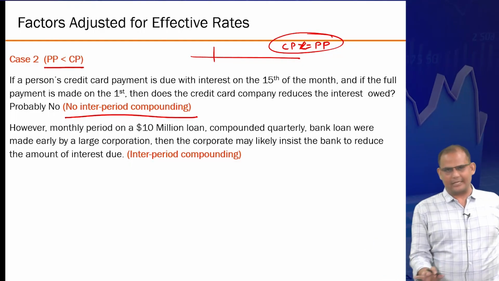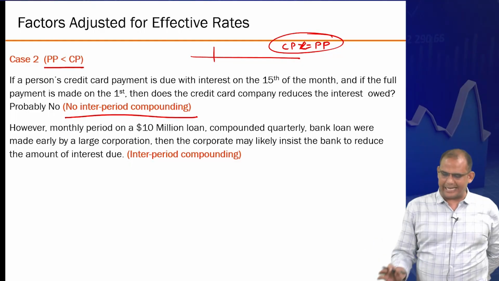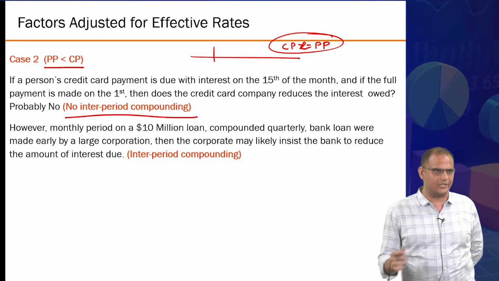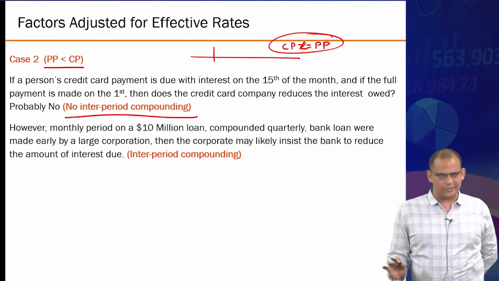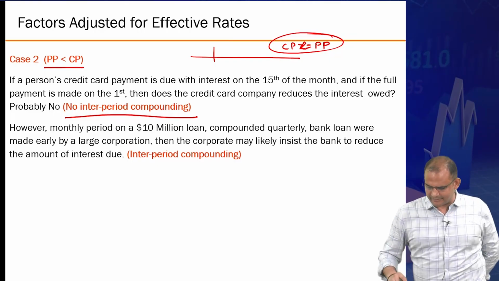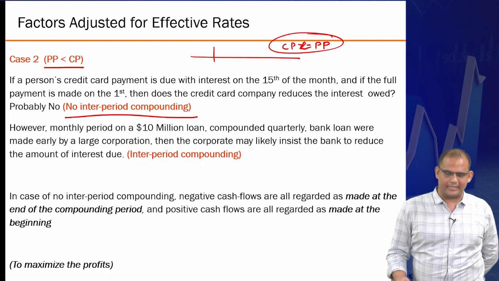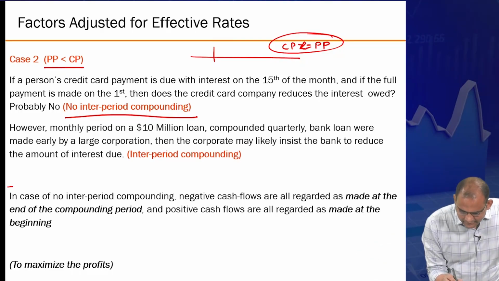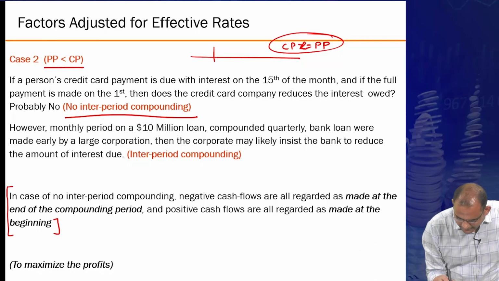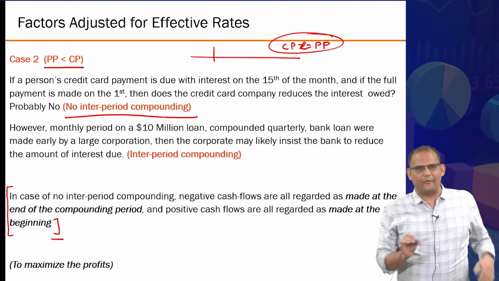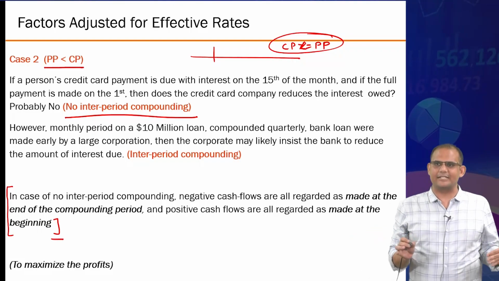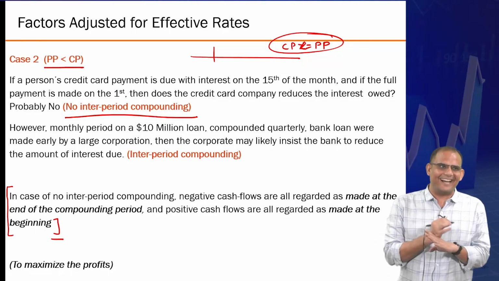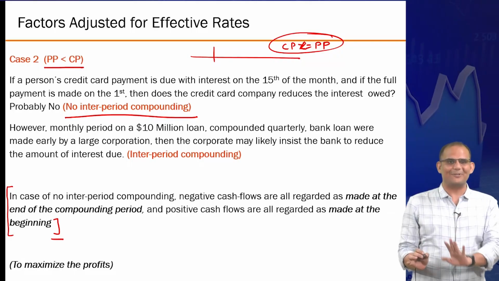Okay. But again, no inter-period compounding can have huge impacts if you're dealing with a large number or large volumes of transactions. Of course, it's not an assumption that reflects reality. Just to simplify life, people made this assumption of no inter-period compounding. What happens is, this kind of method actually breaks the golden rule of all the calculations that we do, which is to not shift the cash flow series, which is a cardinal sin in our course, but this rule actually does that.